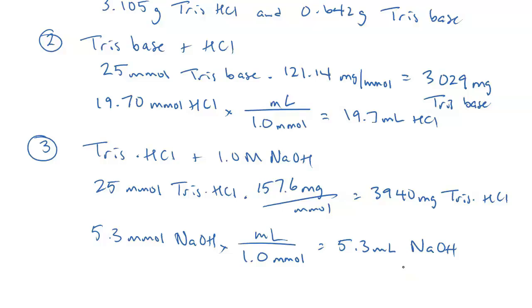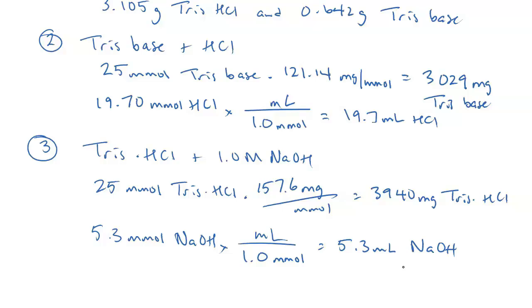In all three cases, what you would probably do, which I haven't mentioned, is before you dilute it to the mark, you would probably put a pH meter into it, check the pH, and then adjust the pH with HCl or sodium hydroxide to get the exact pH that you want. Because remember, the Henderson-Hasselbalch equation is an approximation, and also if you're working at a different temperature than exactly 25 degrees, then the pKa is slightly different.